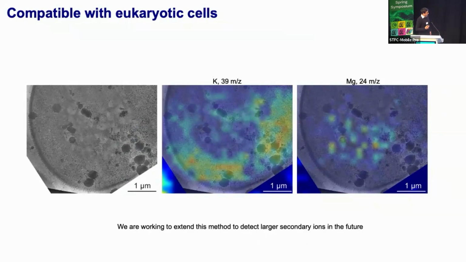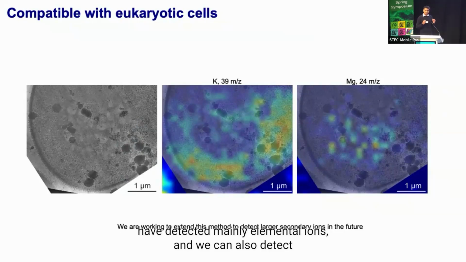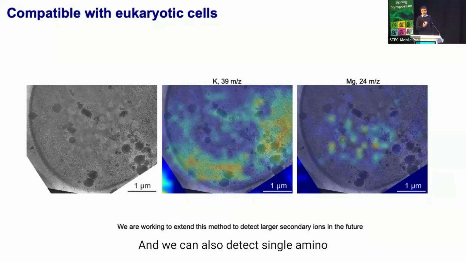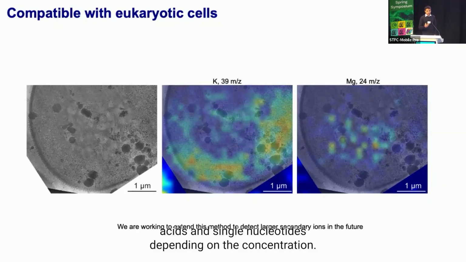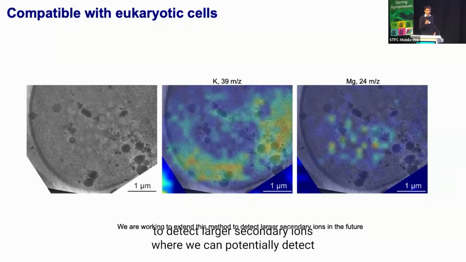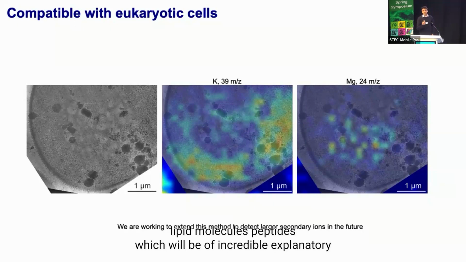I should also say that we have detected mainly elemental ions, and we can also detect small molecular ions like phosphate, CN- in the negative mode, and we can also detect single amino acids and single nucleotides depending on the concentration. However, we would like to extend this method in the future to detect larger secondary ions, where we can potentially detect lipid molecules, peptides, which will be of incredible